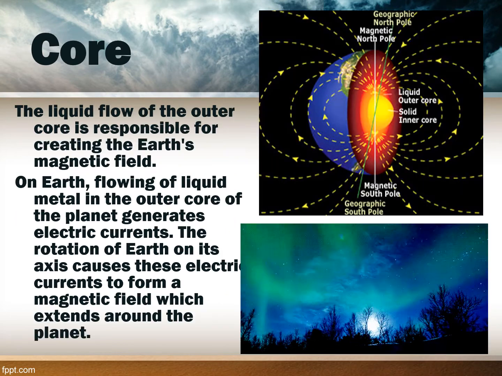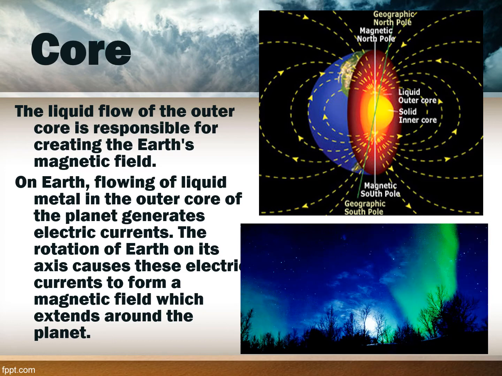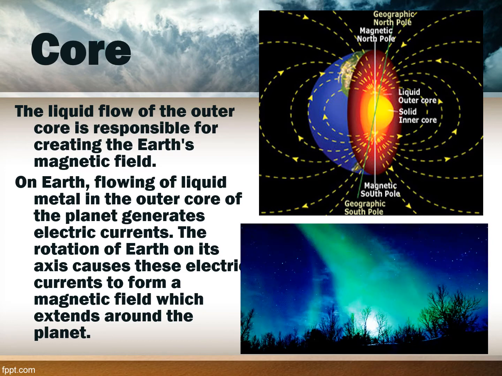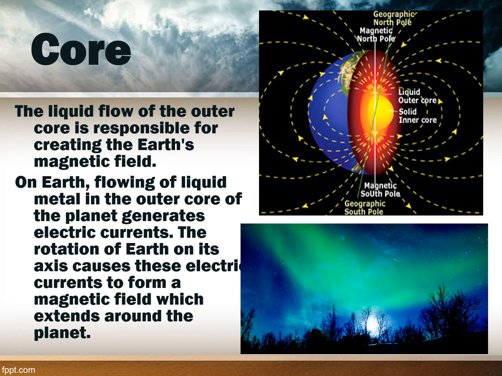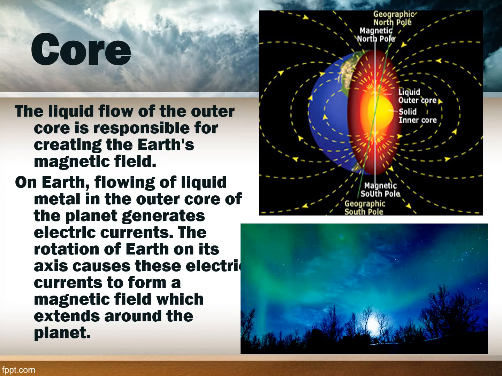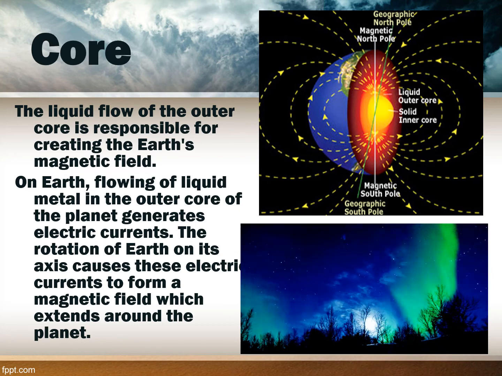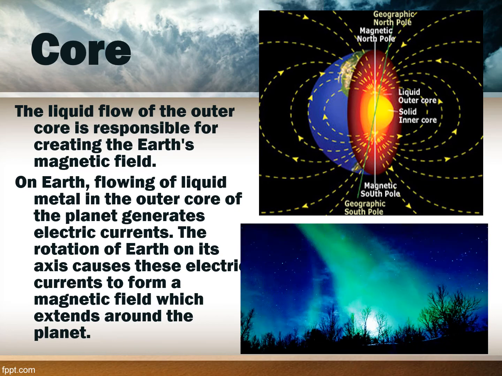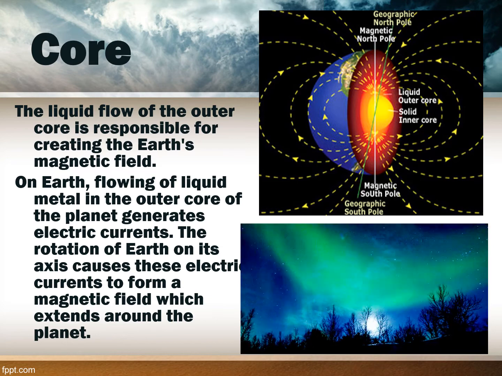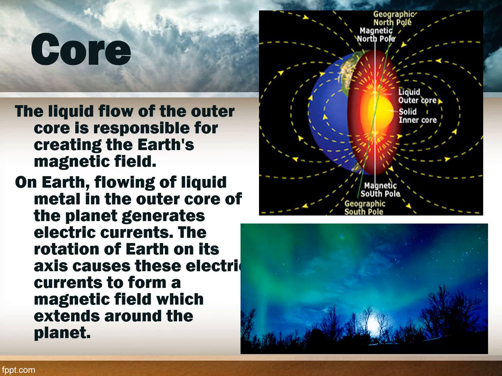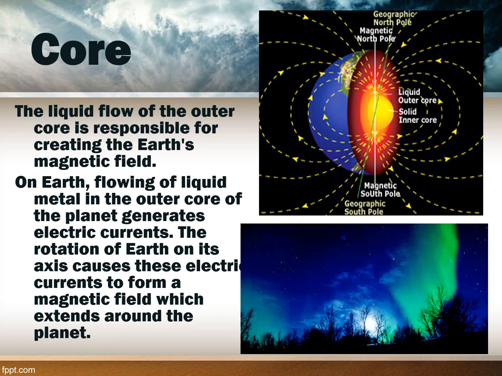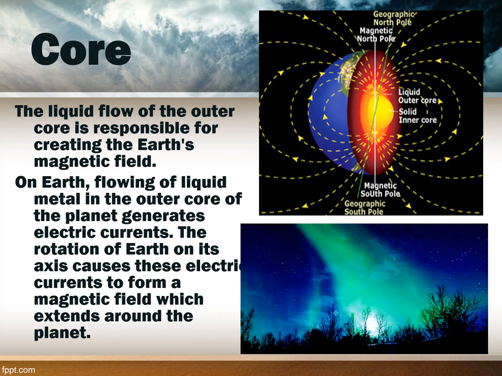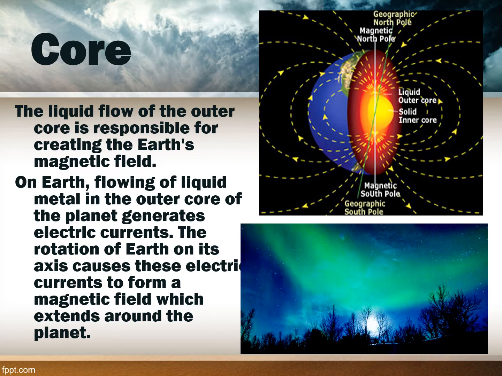The liquid flow of the outer core is responsible for creating the Earth's magnetic field. On Earth, the flowing of liquid metal in the outer core of the planet generates electric currents, and with the rotation of the Earth on its axis, these electric currents form a magnetic field which extends around the planet. If you can see in the picture on the upper part, we have here the flow of